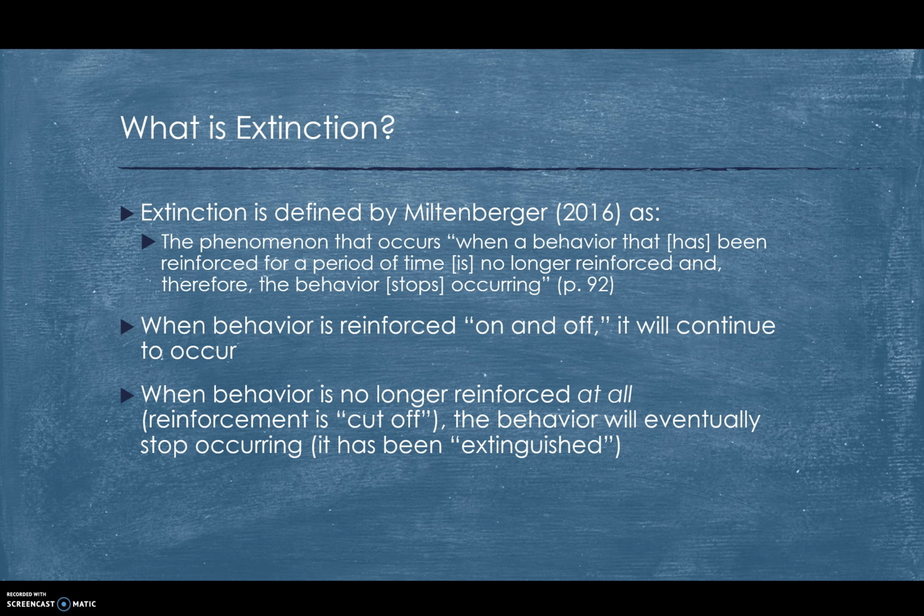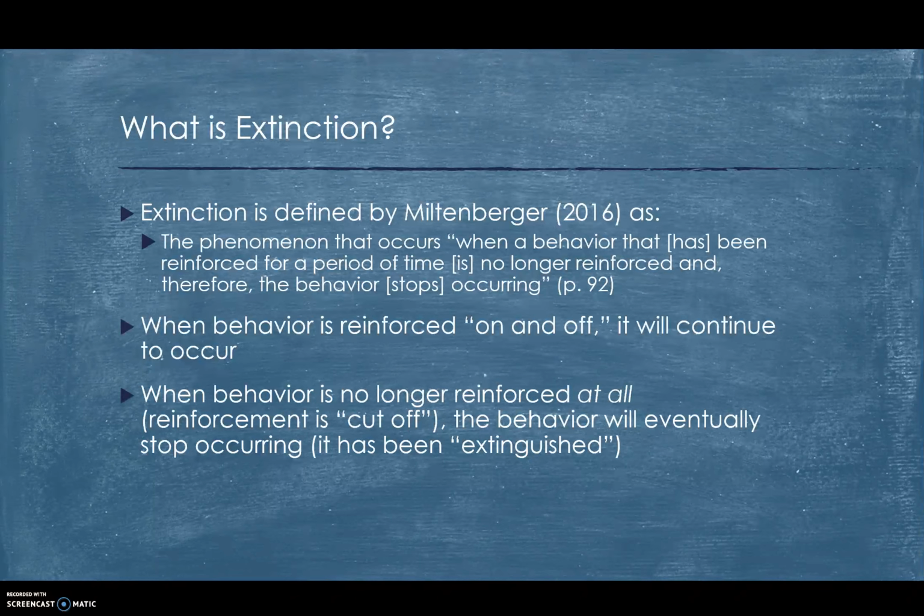So when a person performs a behavior, and it does not have to be a problem behavior, but for sake of example, a problematic behavior is occurring and it's continuing to be reinforced by attention or by providing that person with the escape that they're seeking, etc. That reinforcement, as long as it continues, the behavior will probably continue to occur because it's working, quote unquote. When the reinforcement goes away and the person is no longer receiving the attention that they wanted or the escape that they were trying to obtain, for instance, the behavior will stop occurring. And when that behavior stops occurring, that's called extinction.